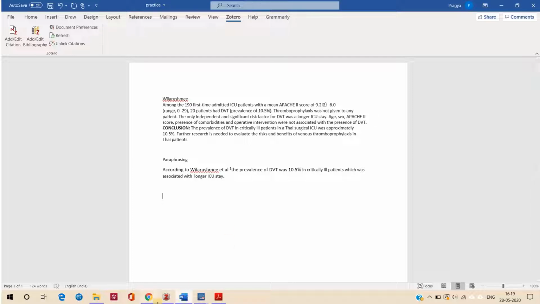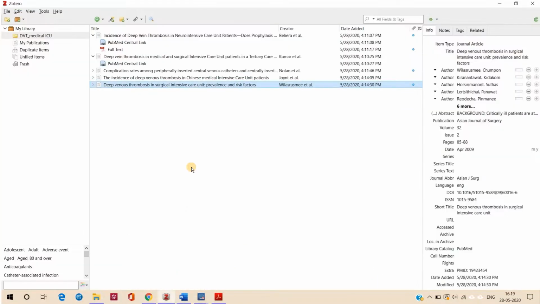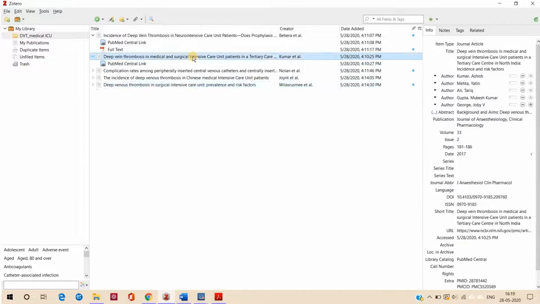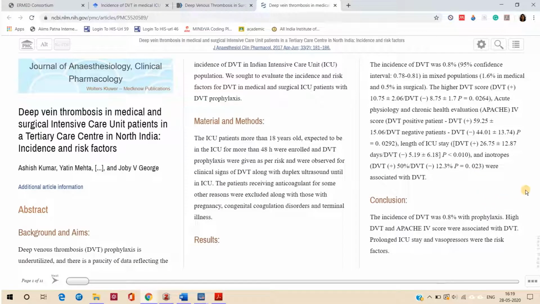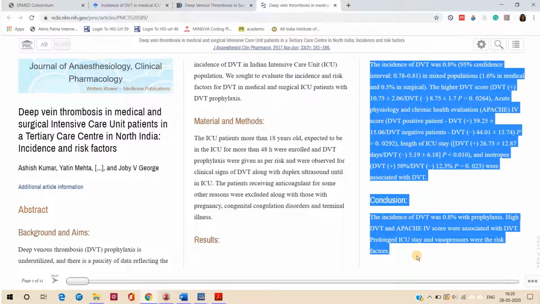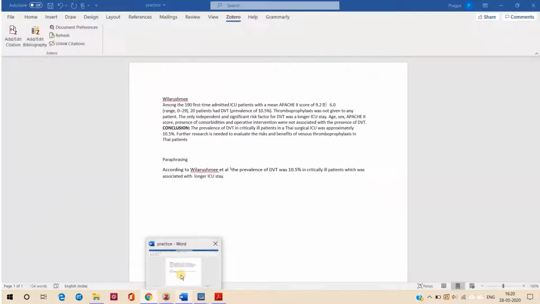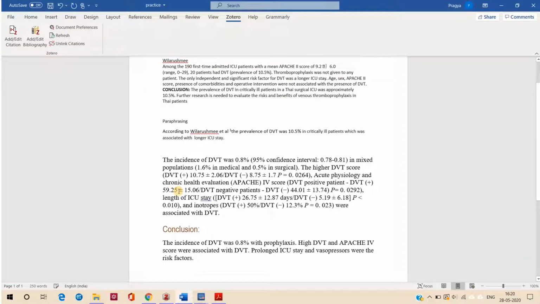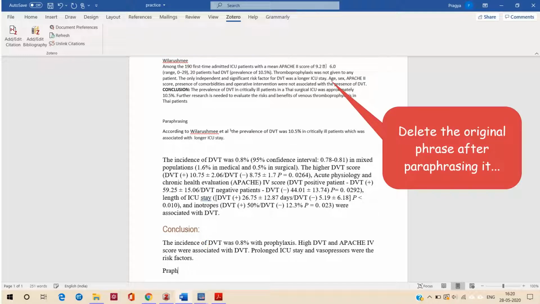Now I want to use another article of my reference section. So I have opened this article of Kumar et al. I have read it and it is showing that the incidence of DVT was 0.8% with prophylaxis, and high DVT and Apache 4 score were associated with DVT. So I want to again paraphrase the result. So I will go here, I'll type this and I'll write the paraphrase.